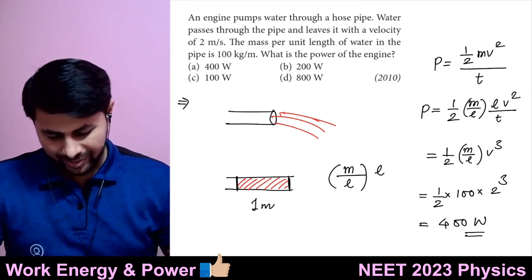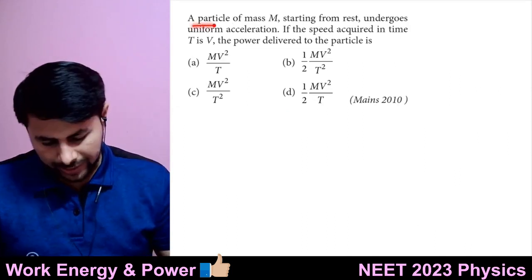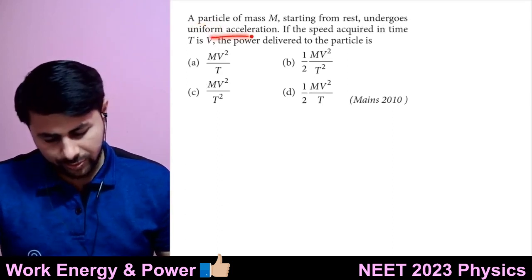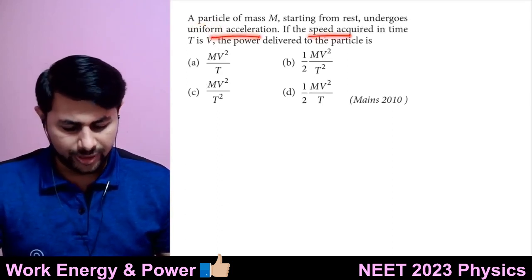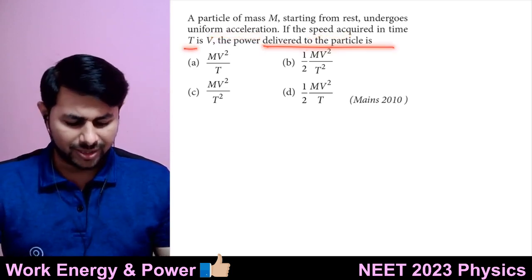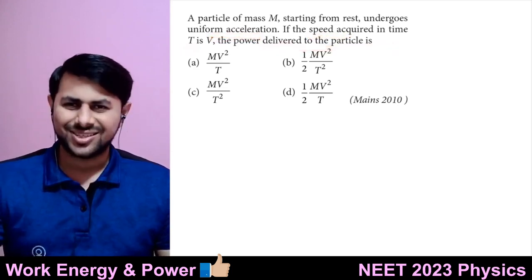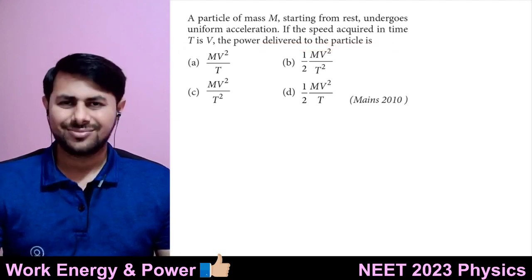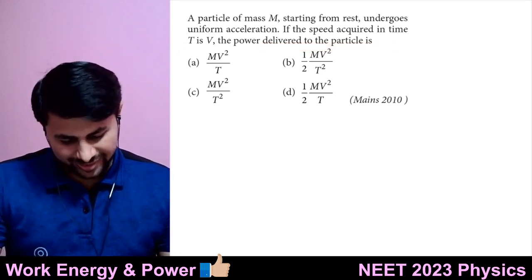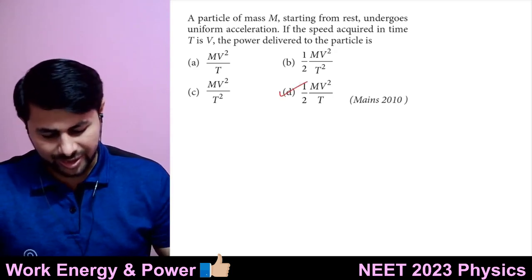Okay. So option A. A particle of mass m starting from rest undergoes uniform acceleration. If the speed acquired in time t is v, the power delivered to the particle is... This is very simple. So speed acquired, yeah, option D. Very good. Option D will be the answer,